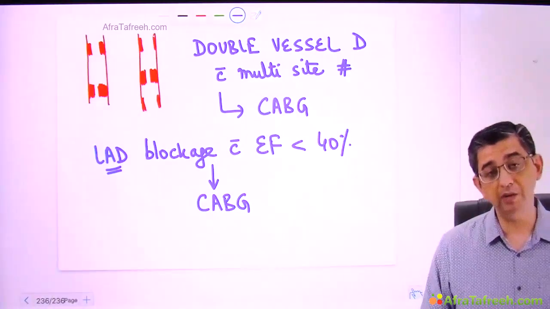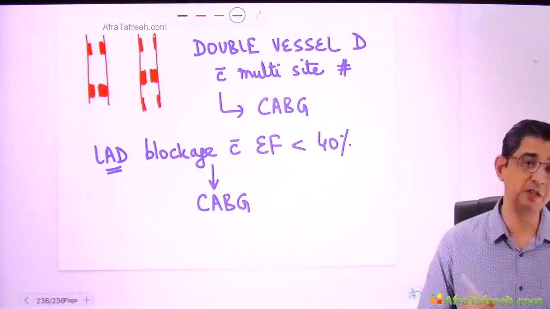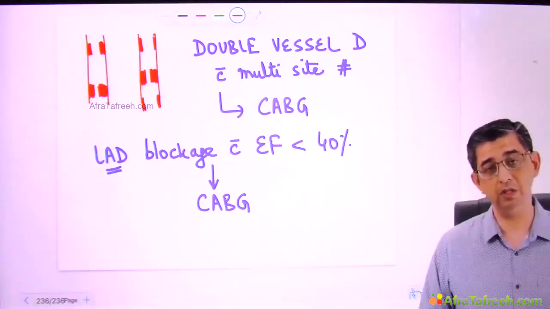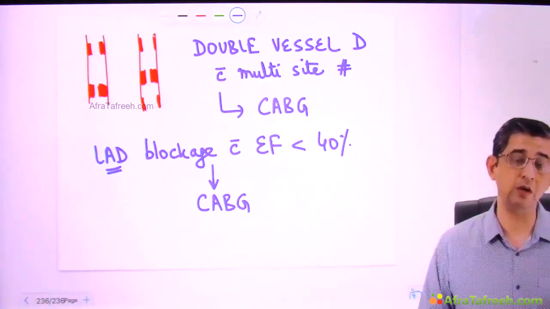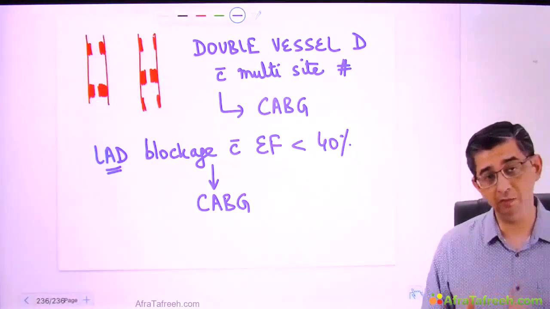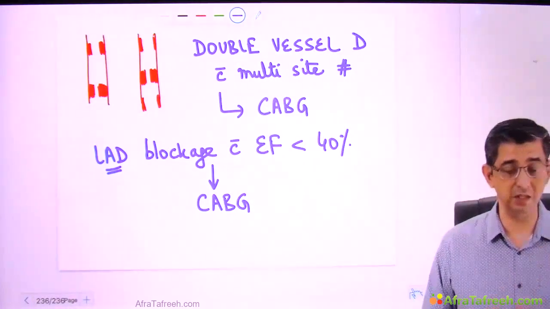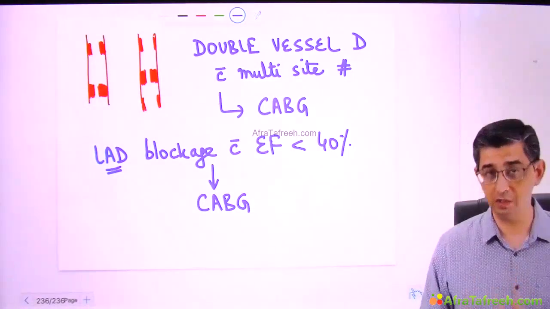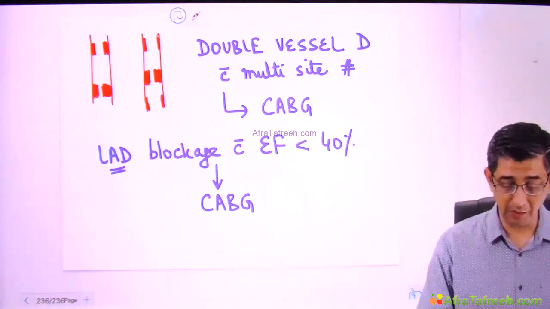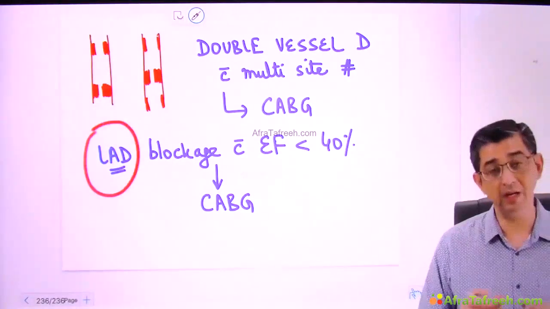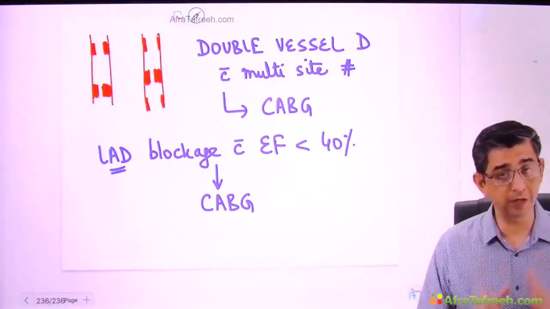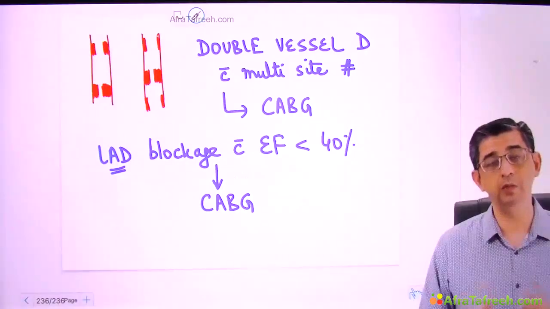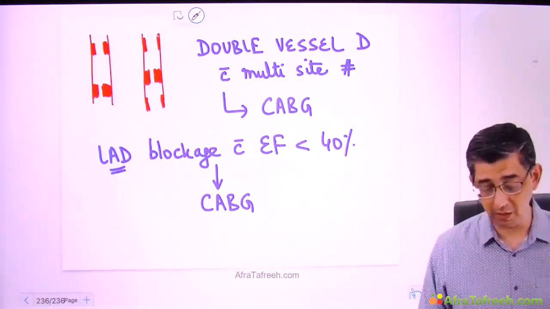I want to highlight the fact that if there is any other blood vessel written in the MCQ except LAD, like suppose there was a question that is talking about a single vessel disease with respect to right coronary artery blockage, or let me say left circumflex artery blockage, it's a single vessel disease. Even if it talks about lower side of ejection fraction, still the answer is PCI stenting. But this particular blood vessel that I've highlighted, LAD, is too precious a blood vessel to be handled only with PCI stenting. I would be more comfortable if this person straight away agrees for coronary artery bypass grafting.